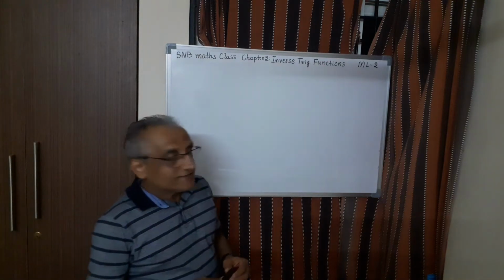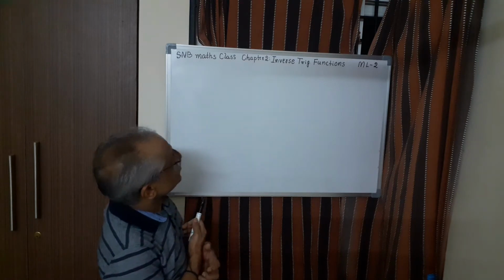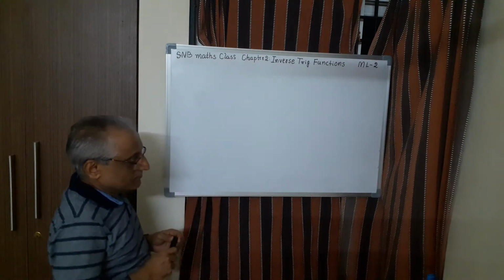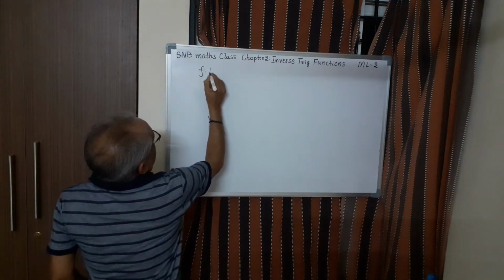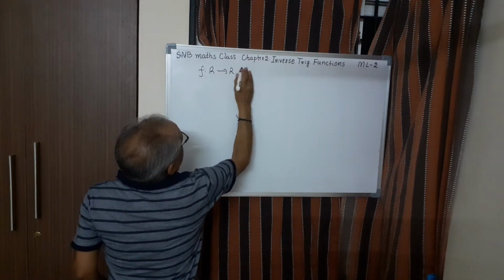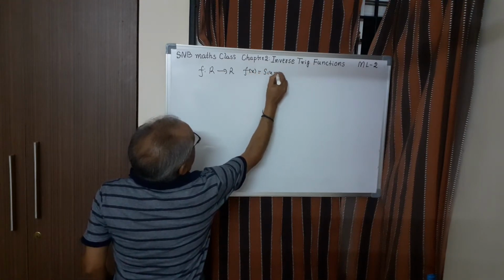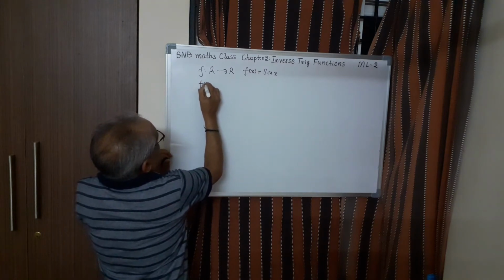Hi students, this is the second lesson in chapter 2, inverse trigonometric functions. In the last lesson we saw the function f from R to R defined by f of x equal to sin x. Then we defined the inverse sine function, and the second one we have taken R,